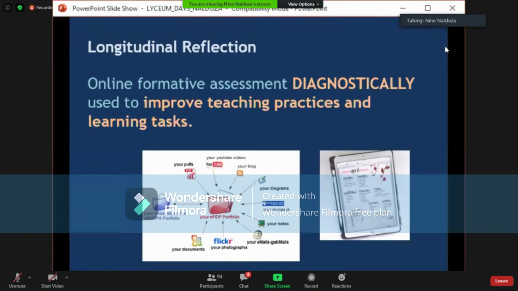These things or the online formative assessment can be also a way for improving ourselves in terms of our teaching practices and learning tasks. Usually, we will experience that on the first 5 to 6 weeks na kapag tayo ay nag-engage sa ganitong klase ng modality. Marami tayong may encounter na problem pag una pa lang paggawa ng exam, pag-check ng exam, pag-record ng exam. Kung manually natin siyang ginagawa, walang problema. Pero kasi merong mga panibagong paraan o mga emerging practices tayo using online exams or online tools na pwede natin gamitin para mapadali ang ating mga buhay.